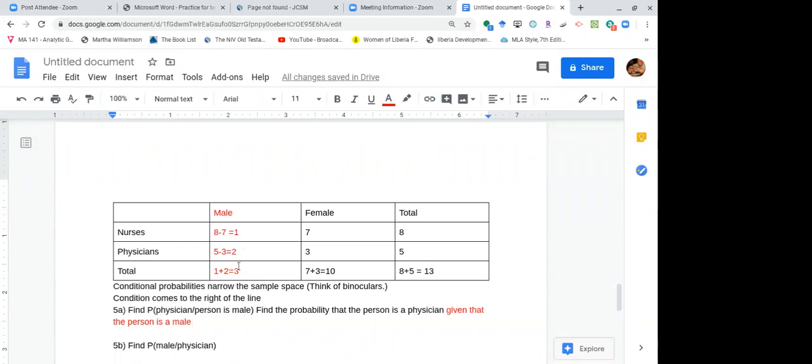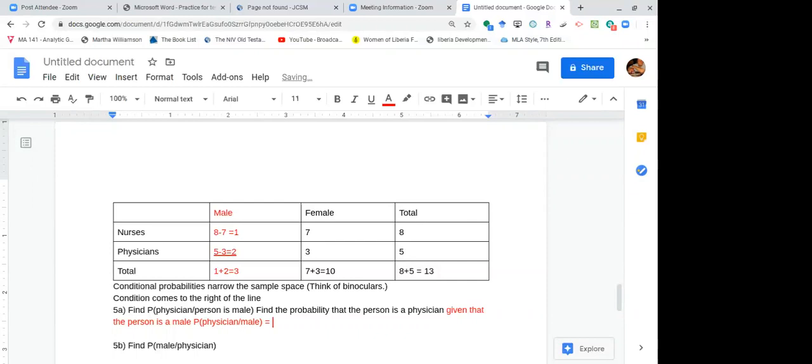So we're looking at the red, and you look at the physicians right here. So we're going to go with this group here. And we look for, given that the person is a male. So we're looking for that. On the bottom? I'm sorry, what was that? Given's always on the bottom. The given that the number there is on the bottom, yes. Okay. So we write physician given male